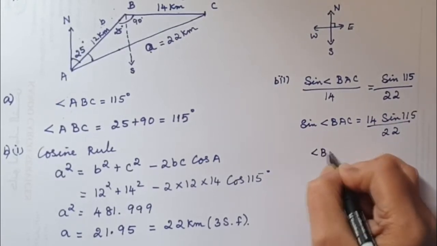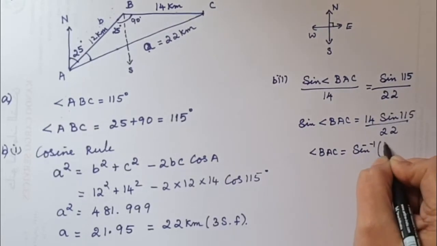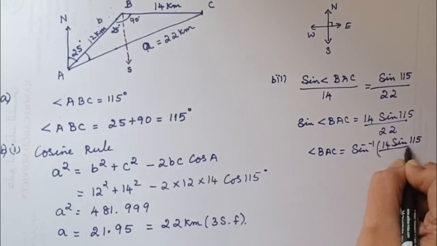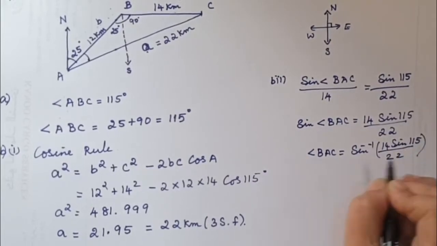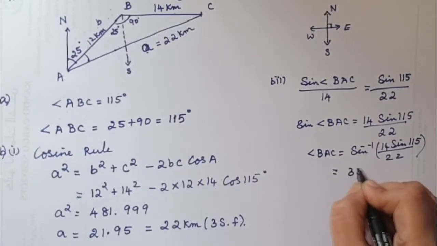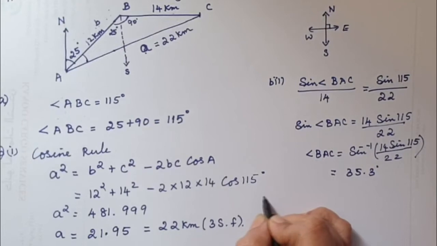So angle BAC equal to sine inverse of 14 sine 115 divided by 22, which will be equal to 35.3 degrees. Now the last part, the third part,